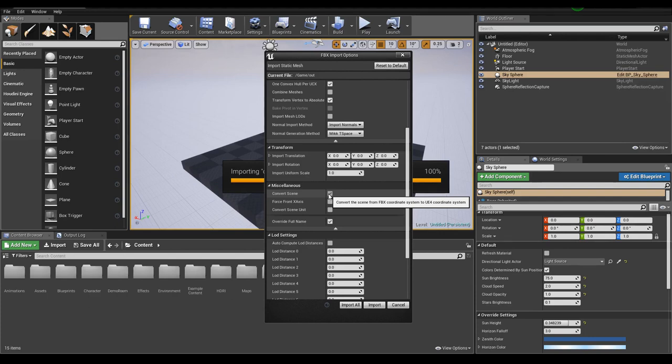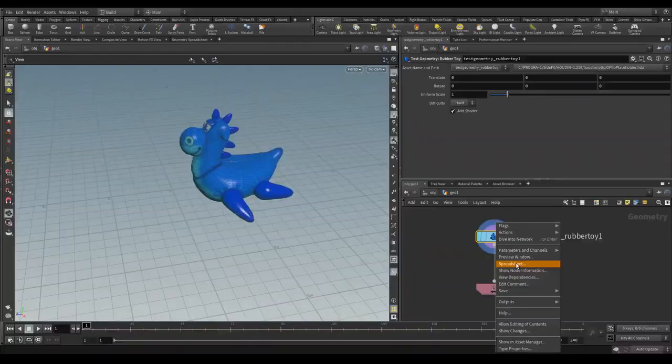We can also see that we have our material slot, because if we go here inside of Houdini and click on spreadsheet, we can see that under primitives, we have an attribute called shop material path. And for every single unique value of shop material path, we'll get a unique material slot for our geometry. So if you, for example, wanted to have 2 material slots on our geometry, for example, a different material for the legs or the arms of the rubber toy,